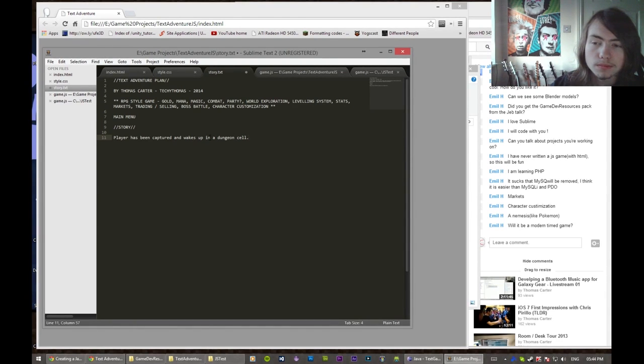Once we get the story done, we can proceed from there, and as we're creating the game, we can better decide how we're going to do things. So the player's been captured and wakes up in a dungeon cell. So in order to escape, we have to maybe